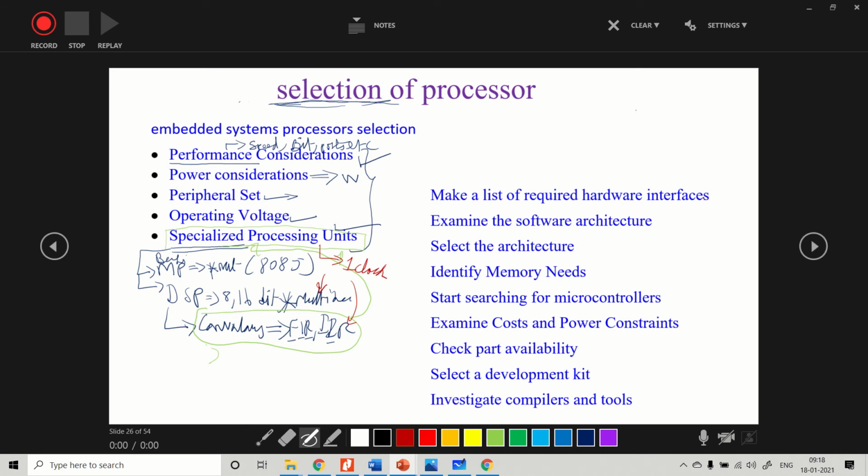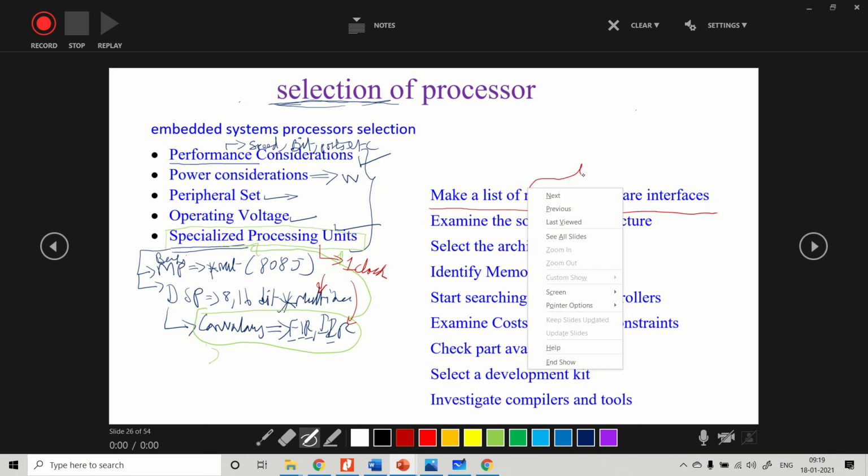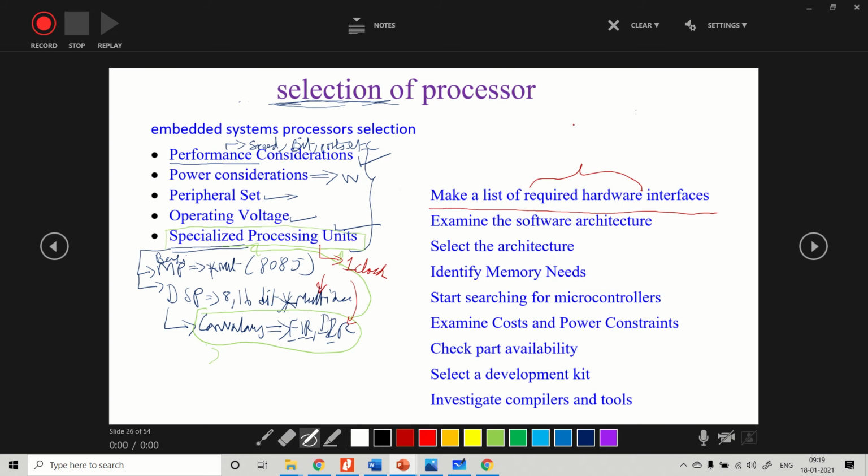Next one is another basic thing: make a list of required hardware interfaces. This is application based. Required hardware means the hardware the application needs. Suppose what type of application is used; for example, in mobile applications we compulsorily need